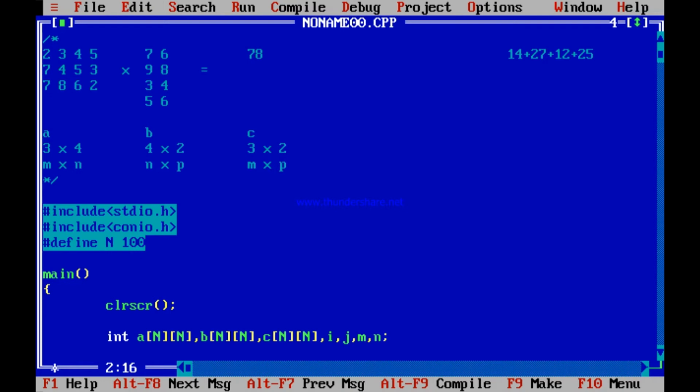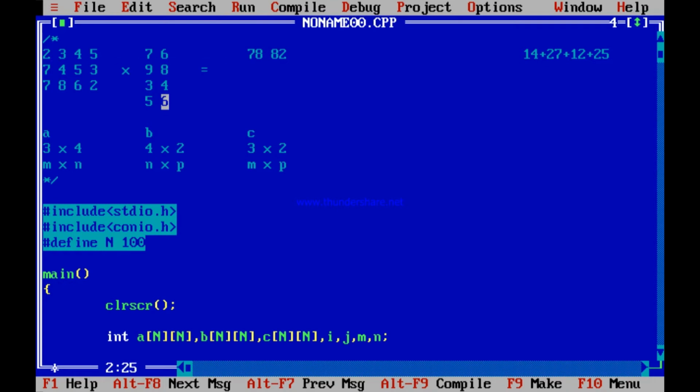That is 2 into 6, 12, 3 into 8, 24, 12 plus 24, 36, plus 4 into 4, 16, 36 and 16, 52, 5 into 6, 30, that is 82. Do you understand how I get it? I repeat once more. This time 0th row and 1st column.